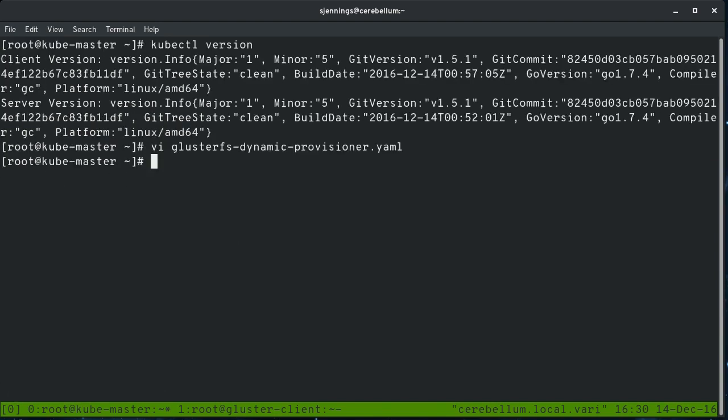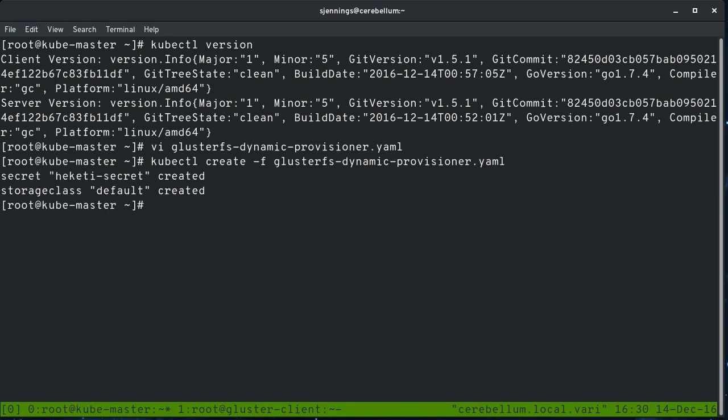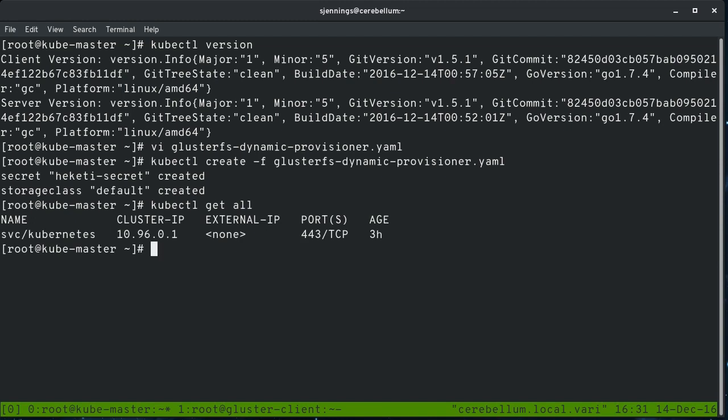So we're going to go ahead and create that. And that doesn't really create any objects in our namespace. It just educates Kubernetes on how we want our storage to be dynamically provisioned. So if we do a get all here, we just see the Kubernetes service. So next I'm going to create a